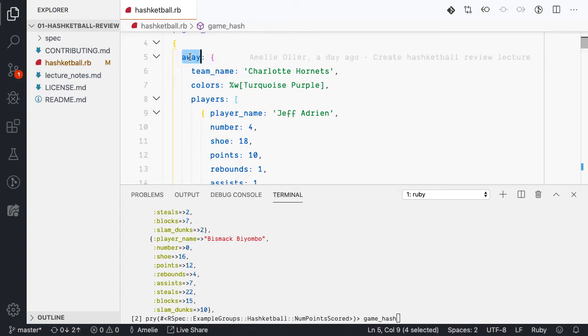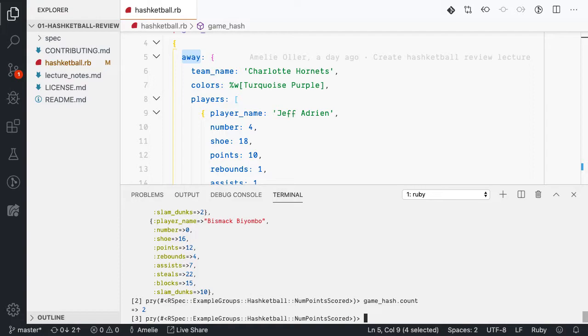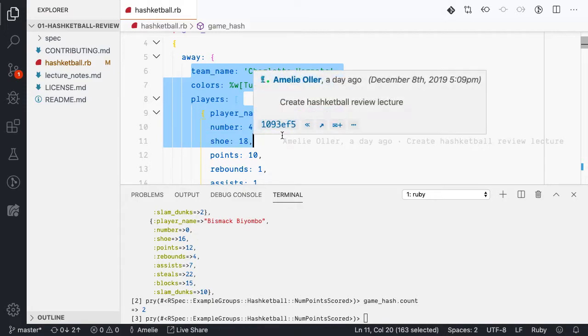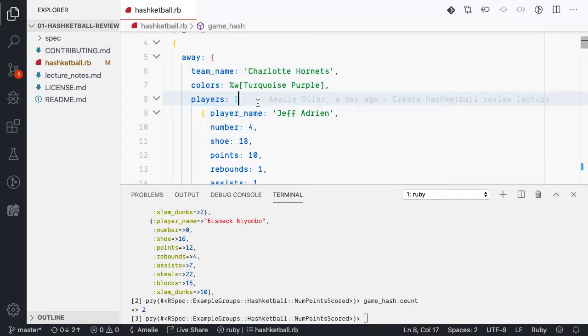Exactly. We only have these 2 keys, home and away. So if we say game hash dot count, we get 2. Awesome. So how do we actually get to our values of this game hash? Someone know what we could use there? Game hash dot something